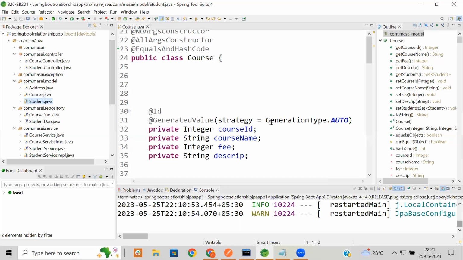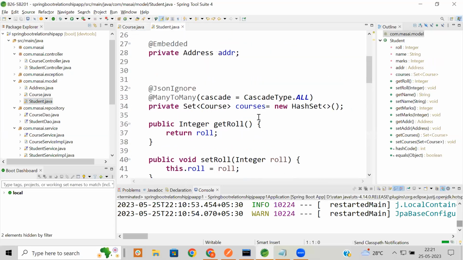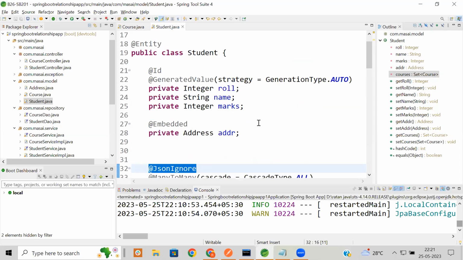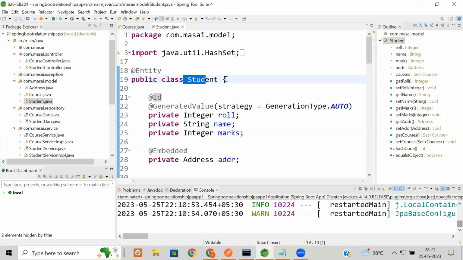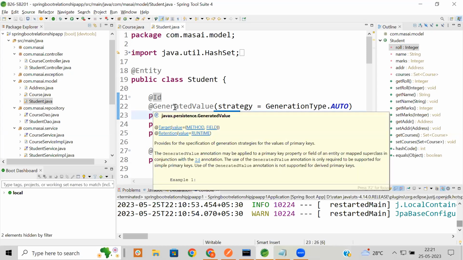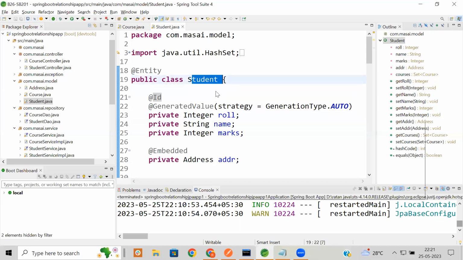और स्टूडेंट में, here I have used a JSON ignore. Why like this? तो यहाँ पे आपको काफी स्मार्टली सोचना पड़ेगा कि हम जेसन इग्नोर कहाँ पे यूज करें, किस साइड में। तो जिस डेटा को हम एक्सेस करने वाले हैं पूरे डिटेल को दिखाने वाले हैं। फॉर एग्जांपल, आई वांट टू पुल द स्टूडेंट डिटेल्स, कि इस कोर्स में कितने स्टूडेंट है, तो सारे स्टूडेंट का डिटेल आएगा कोर्स के साथ। तो इस कोर्स का डिटेल के साथ साथ स्टूडेंट का डिटेल आएगा, लाइक कोर्स जावा, जावा के अंदर कोर्स का ड्यूरेशन है 45 डेज, कोर्स की फी है 5000, इसमें कितने स्टूडेंट हैं,